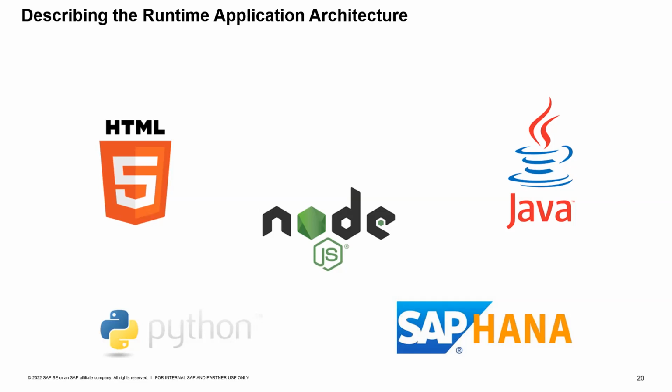So what does it mean to push an application to the platform? It works as follows. First, the application files are uploaded to the platform. Second, programs called buildpacks are executed to create archives that create self-contained and ready-to-run executable applications. Some of the most typical activities executed by buildpacks include downloading any required libraries and other dependencies and configuring the application. Now, different buildpacks exist for the different target runtime environments such as HTML5, Node.js, Java, Python, and HANA database.